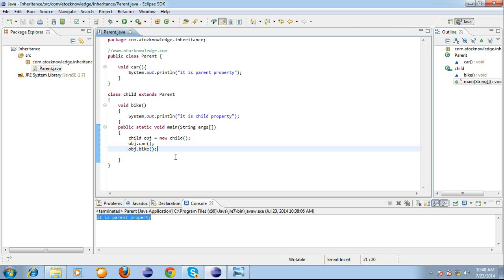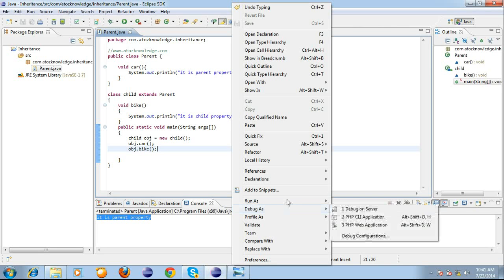So the child can access both bike as well as the car, both parent property and child property. This is what code reusability is. I am not hard coding void car, system.out.println again in the child class. Okay, so if I execute this code,